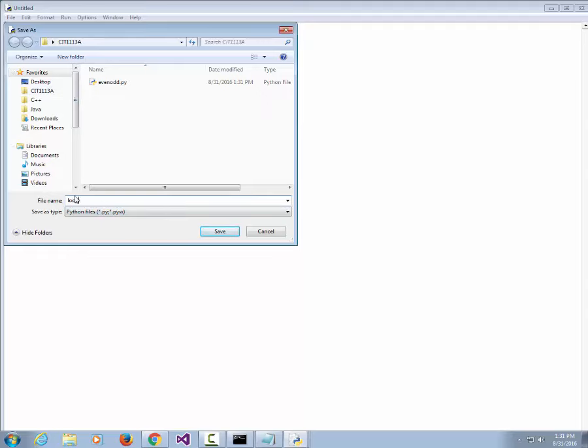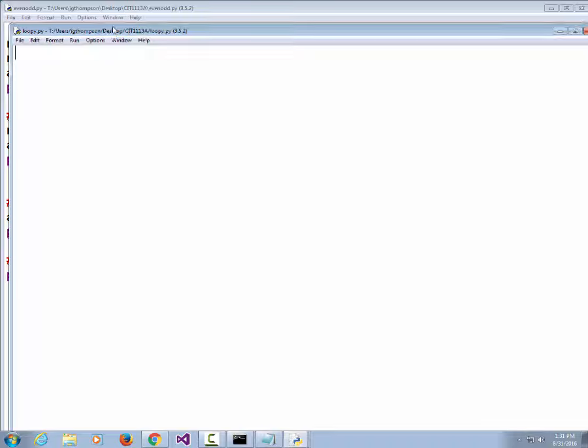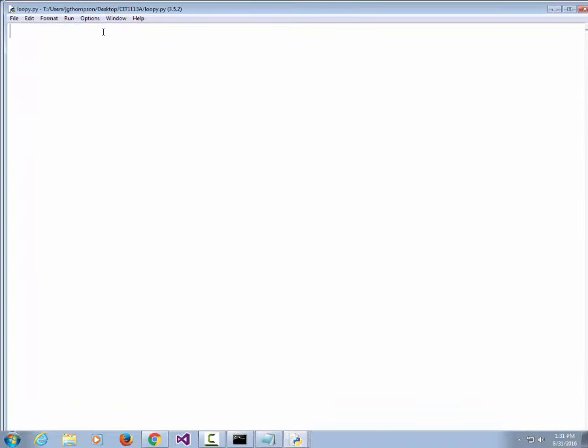And so I'm going to start it off with this line that says repeat is equal to quote y. And I'm doing that so I can add a while statement. While repeat is equal to y, colon,